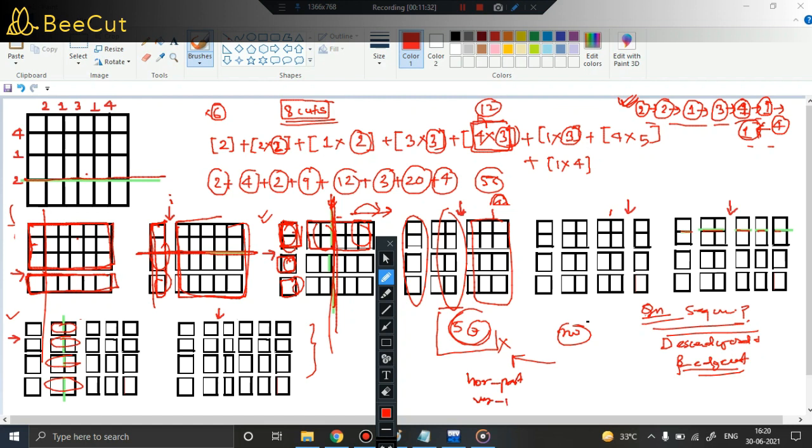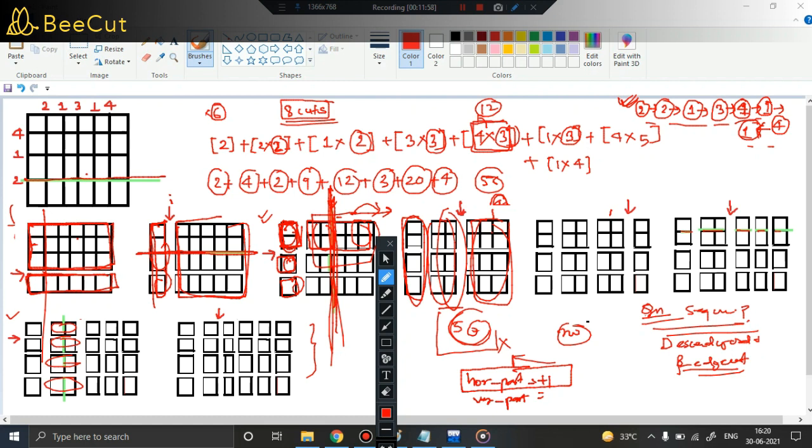and the vertical part. Please keep in mind, the horizontal part will be incremented by 1 whenever I am performing a vertical cut, because whenever I am performing a vertical cut, the number of pieces horizontally increases, right? Like 1 part, 2 part, 3 parts. You can see right now it had 2 parts, 1 part and 2 part. But after you perform the cut, you are dividing it into 3 separate parts horizontally.